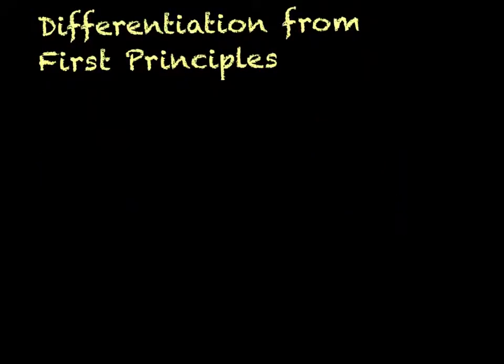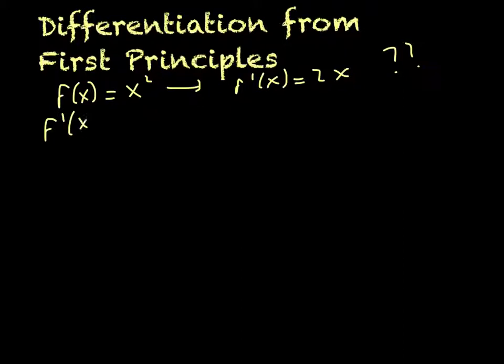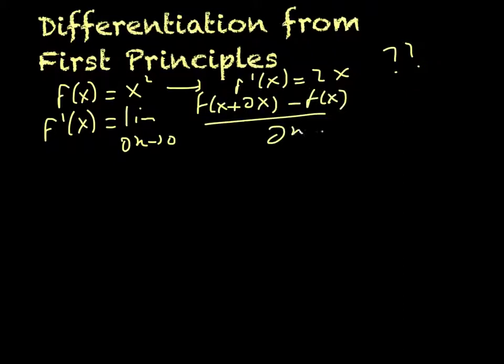So let's actually use this as an example, and then you'll see what I'm talking about. Here we've got f of x equals x squared. We know that f dash of x will be 2x, but why? So we'll use our first principles formula then. Here we go: f of x plus delta x, take away f of x, over delta x. So we know f of x is x squared. f of x plus delta x then is, since whatever's in here is going to replace our x,